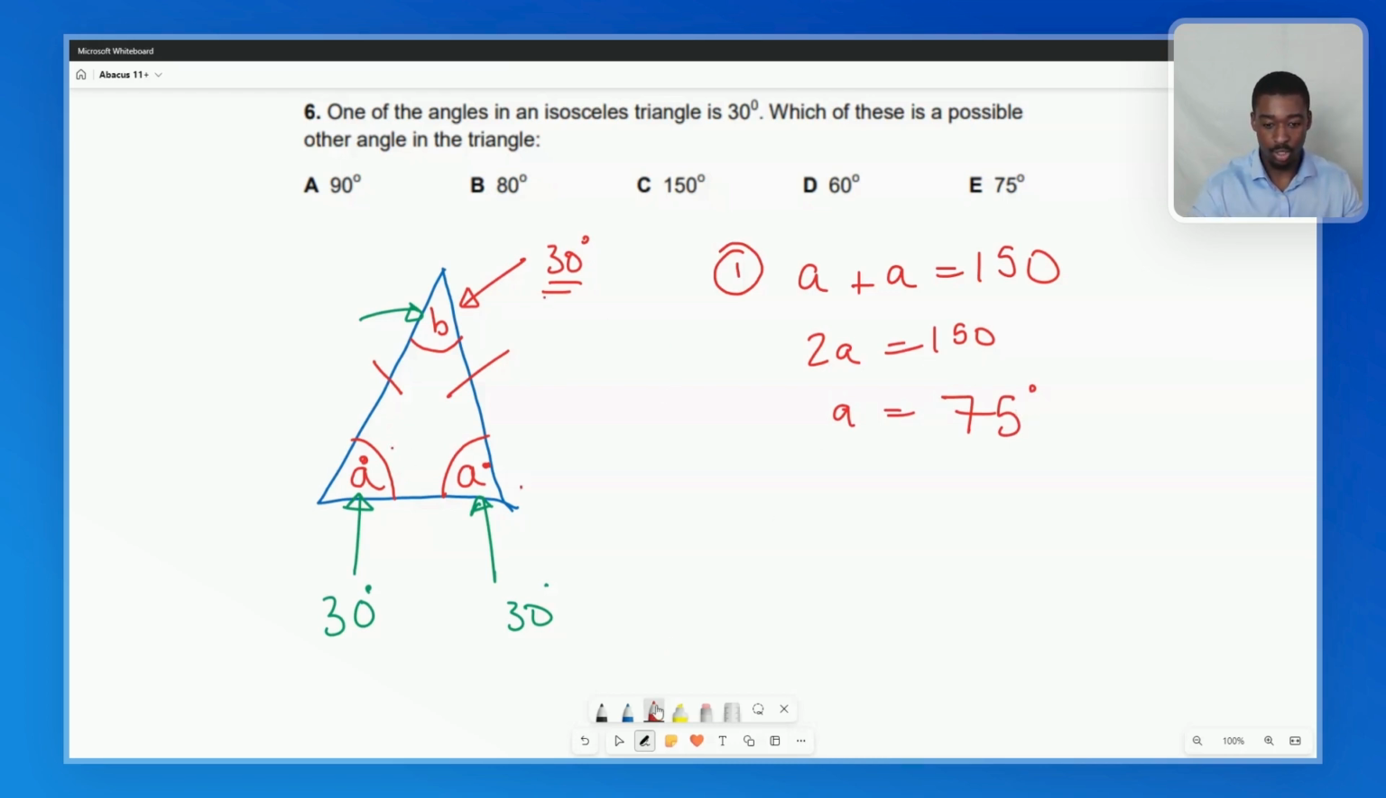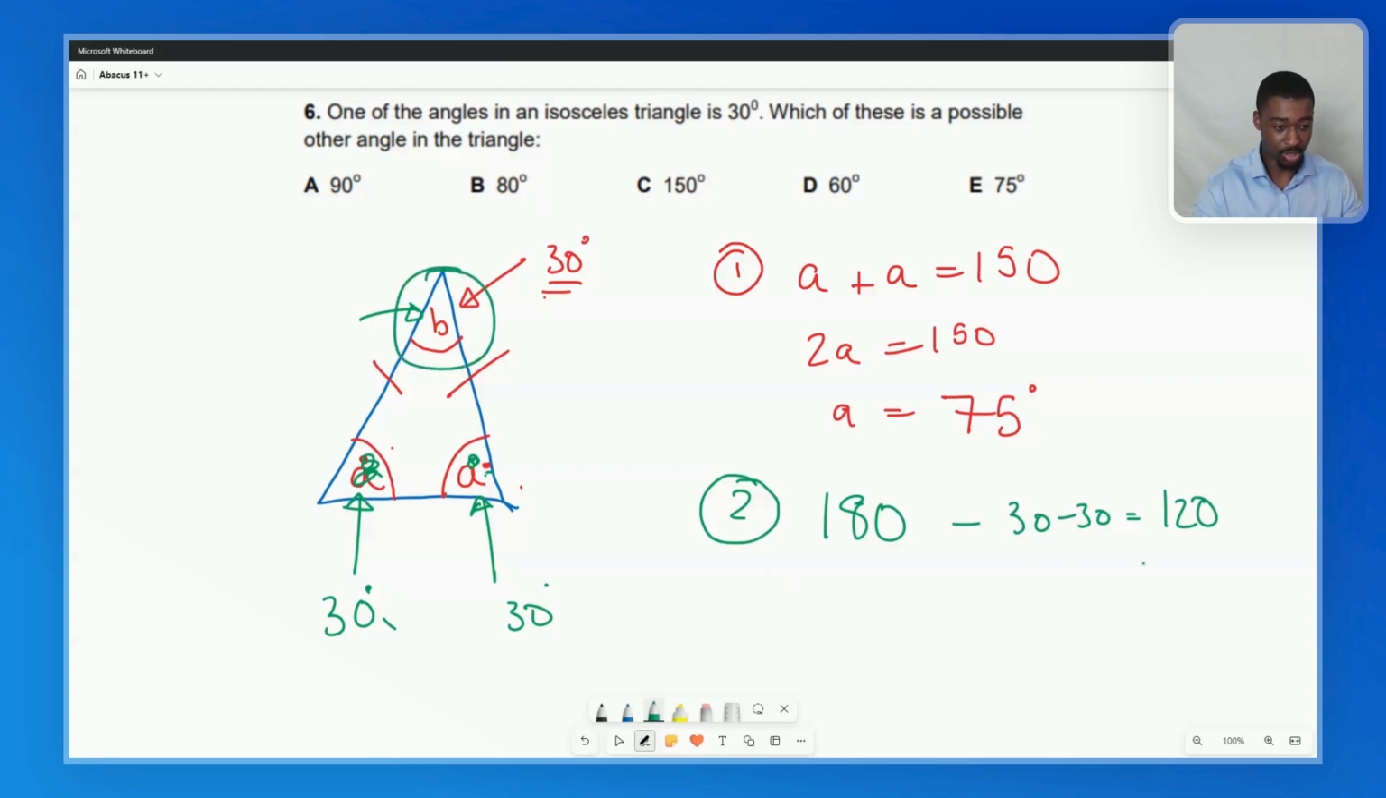And then what about scenario 2? In scenario 2, we're saying that the 30 is one of our angles A. So this would be 30 and this would be 30. So these two add up to give us 60. And in that case, this angle here would have to be 120, right? Because we have the 180 minus 30, minus 30, giving us 120,